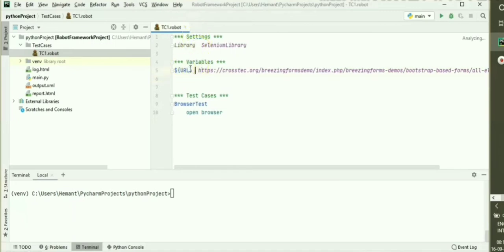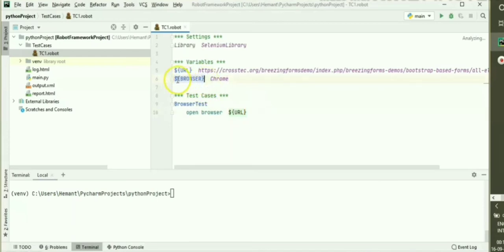Okay, so this URL is basically, we can say, like a dollar and this URL, so we can use this text as a variable here. After that we just need to add my browser, like in which browser I want to perform the action. So I'm using one browser like this dollar browser and adding this browser as Chrome. Let's suppose I'm using Chrome as a browser to perform the action.